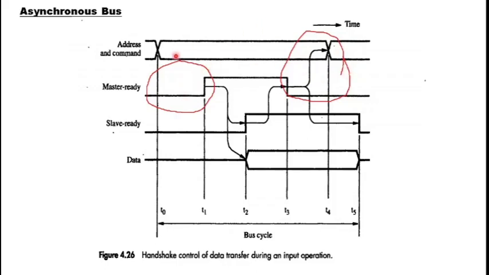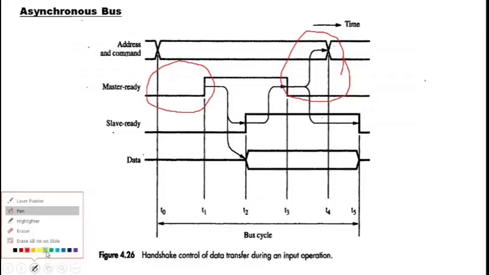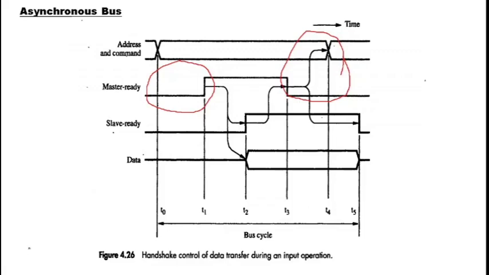Then if you see the case of the delay between T2 and T1, why was the slave ready not immediately triggered at T1? As we know, the slave requires time to decode the address as well as the command, and it has to generate the required data, so that requires some time. That time is taken up between T1 and T2. So a delay had been introduced because the slave was not ready with data.